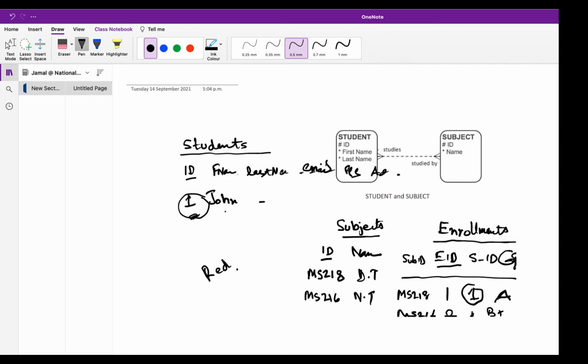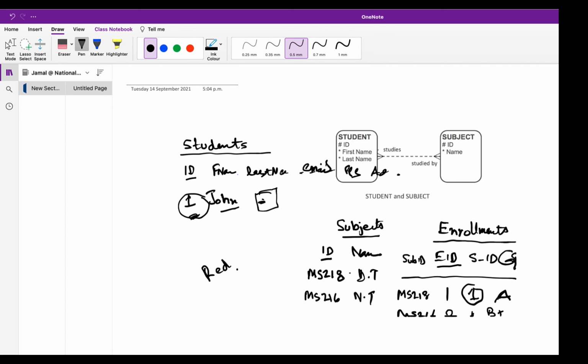For example, if John says no, my last name is not this, I have some other name, and it might be a typing mistake or a spelling mistake, it's very easy to update only this last name field here.